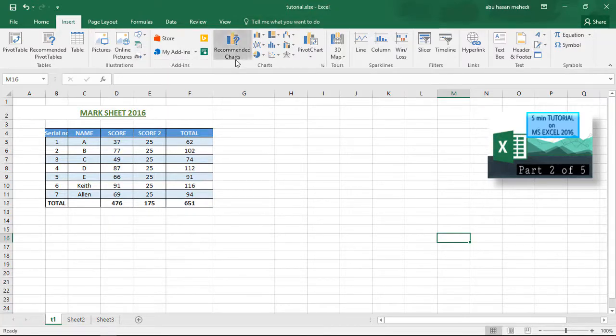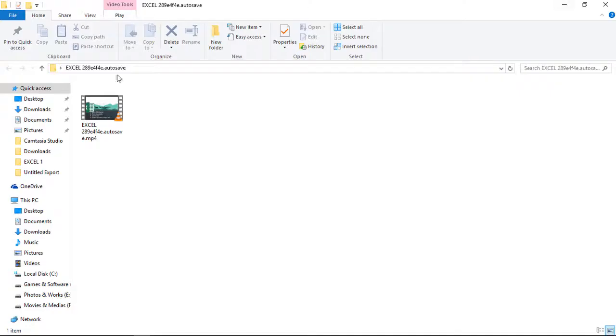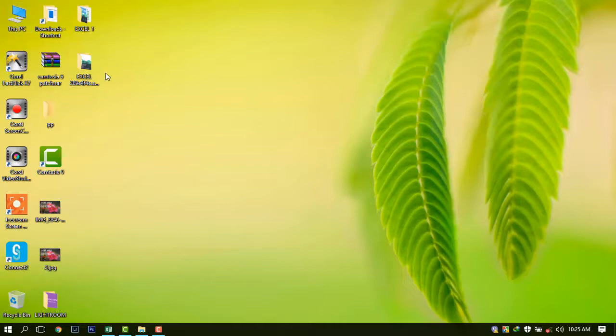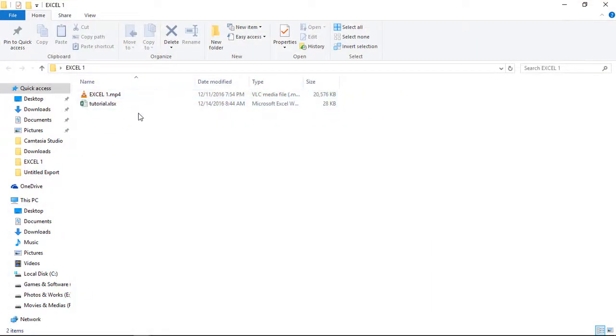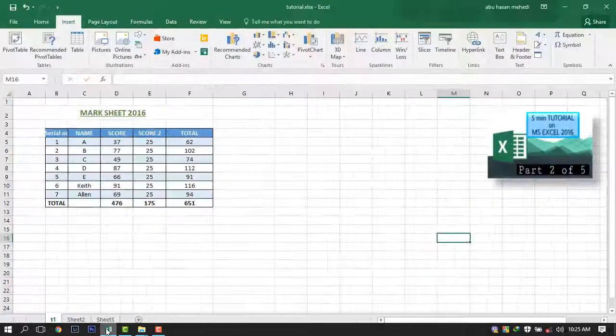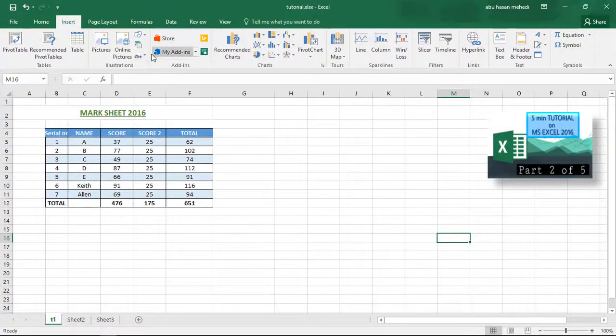If I want to capture one screen, at that time I have to minimize this. I have to open one window, like I want to capture this screen and these two elements. So what I have to do is open this window and reopen Microsoft Excel,